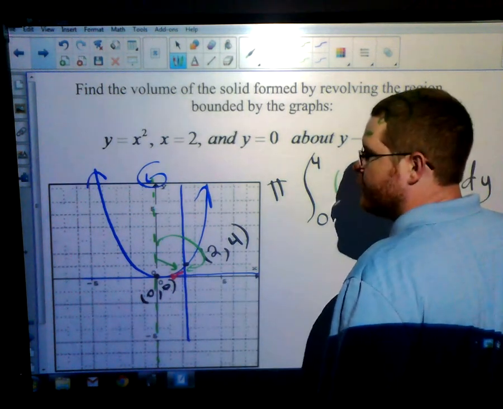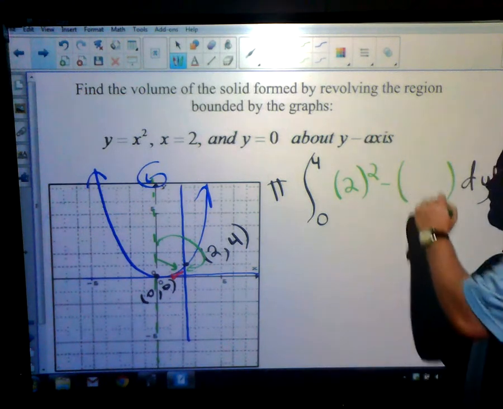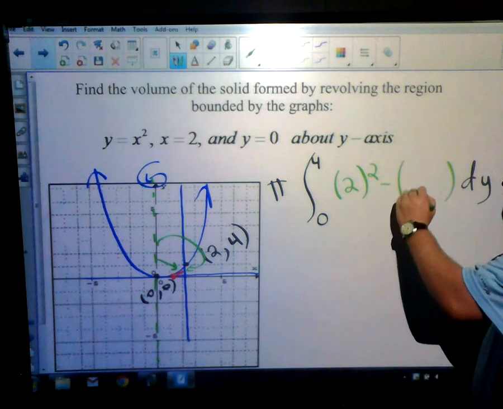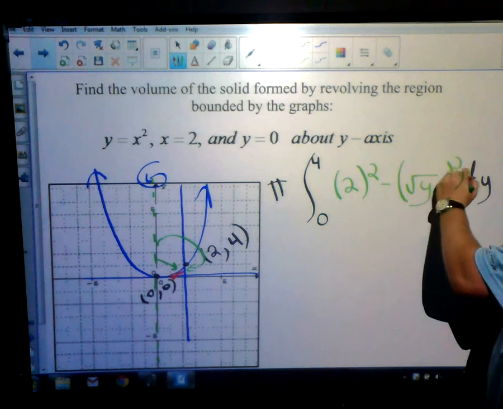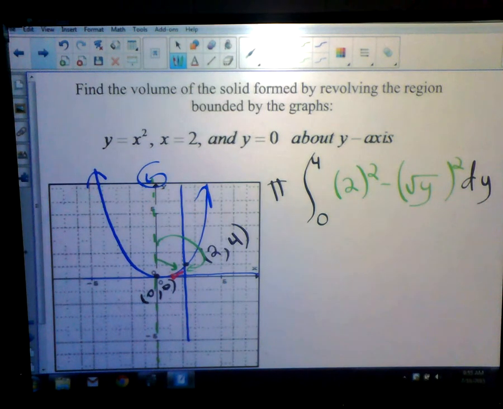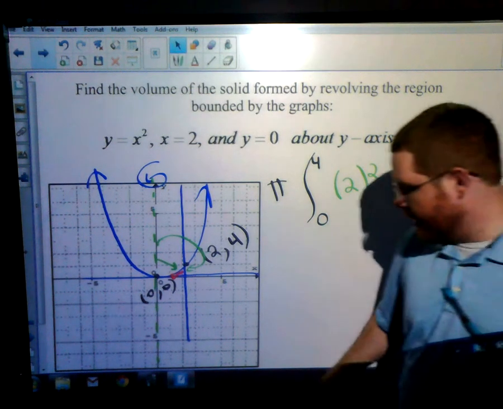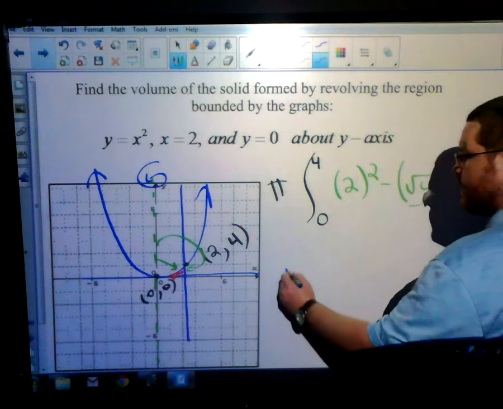X squared is the small function, but I can't put x squared in here. I need to do it in y's. So that's square root of y, squared. And that's the setup for the problem. Easy problem to integrate. That's pi